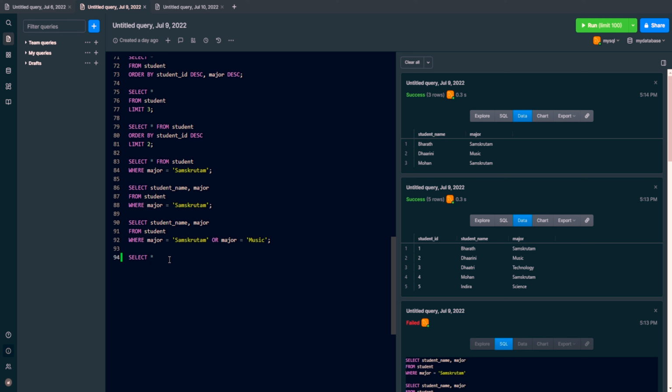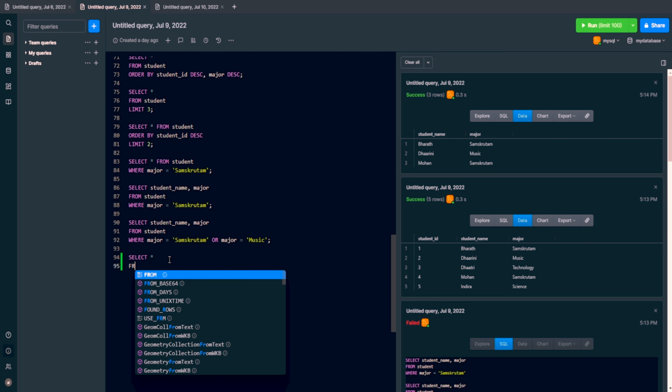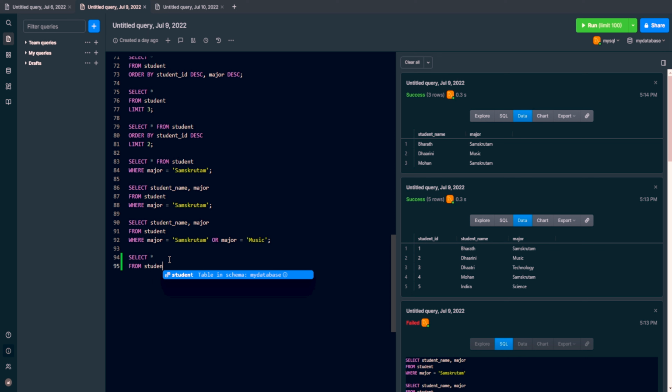Right, I want to show you something now. Select all from student. But now you see the condition I'm going to apply: where major. I want to see all the students whose subject is not a particular subject, right? So where major, see, the not equal to is this one. Only not equal to is difficult, otherwise all are the same: less than, greater than, etc. So not equal to